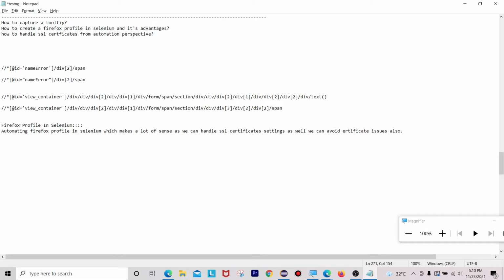With the help of Selenium Firefox profiles, we can achieve this. That is line number 1.